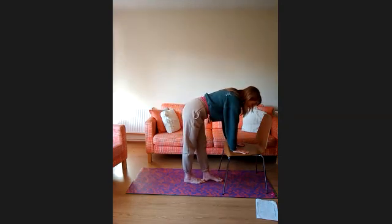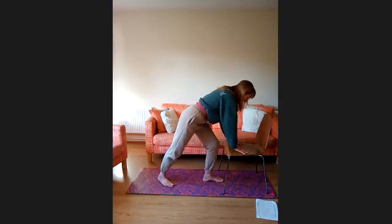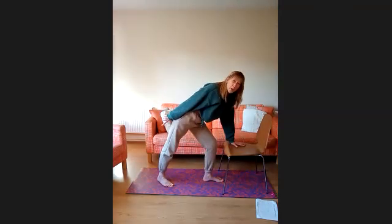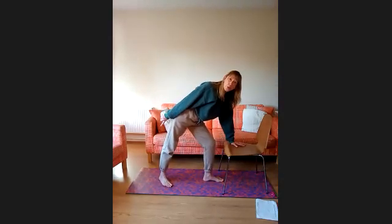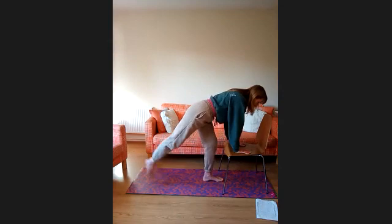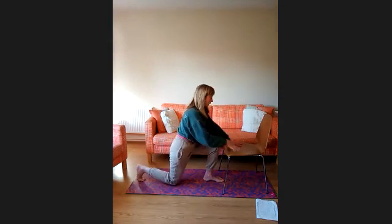Take your left foot between the chair leg, turn your right foot out, bend the front knee, keep your hips square to the chair. And as you bend this front knee, as I always say, but it's worth repeating, turning the toes out of the back foot, but making sure the back heel is firmly planted into the mat. And enjoy the stretch. Take a breath in,